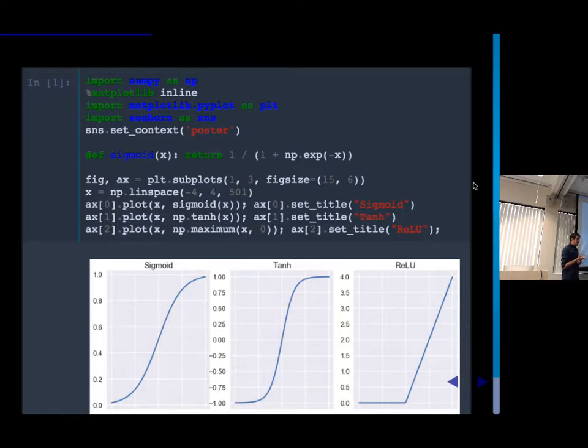So the way that you deal with that is, remember before when I said that people came up with very clever ways to initialize these things? You just don't let that happen. You are very careful to make sure that the values that get passed into this are in a nice range. And if that doesn't happen, then big parts of your network will just turn off. Yeah, it's very complicated, but that's a really good point.